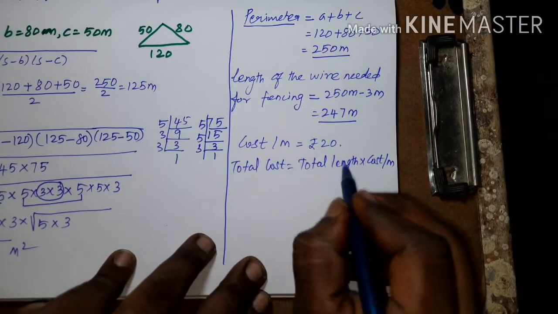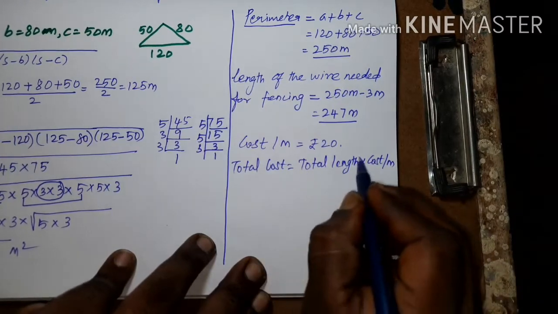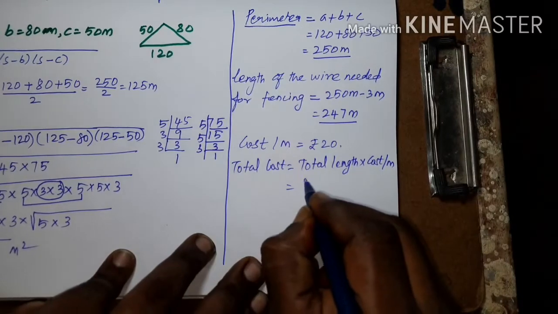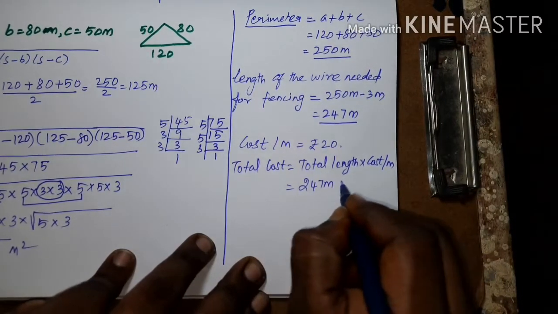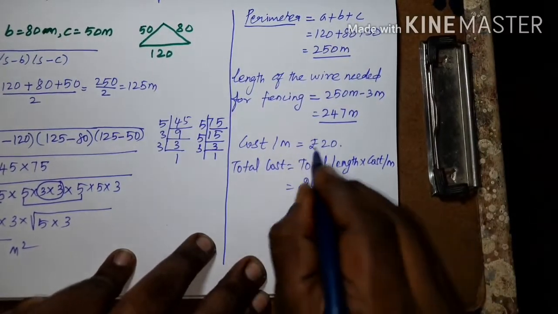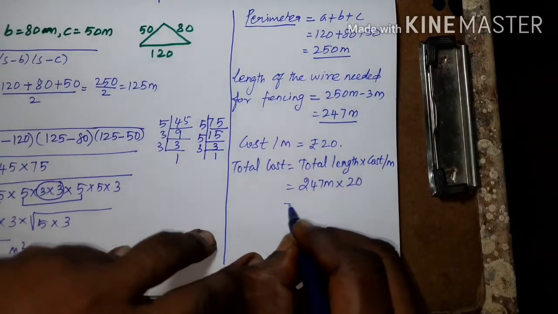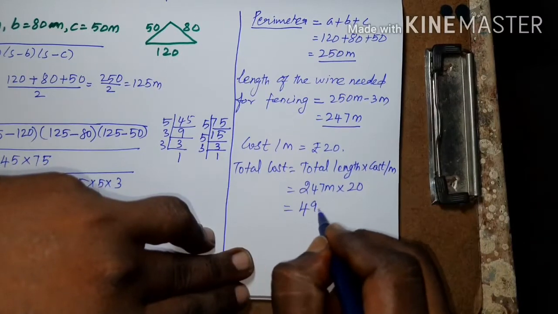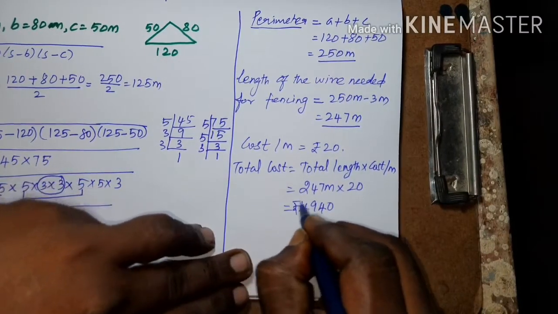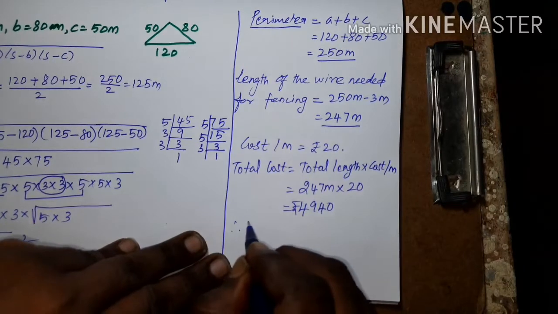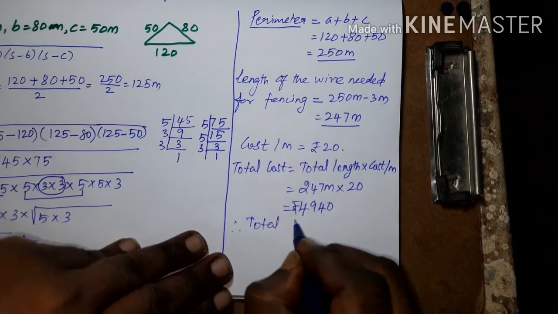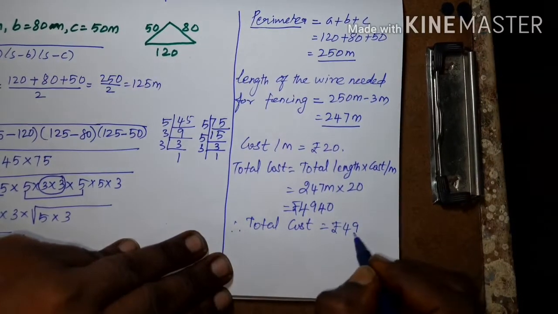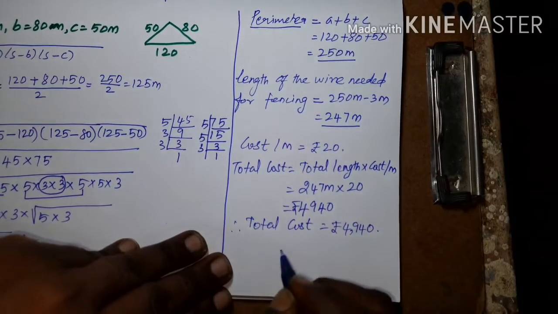If we need to find the cost of total area, instead of length we are going to use that area. That's it. So the total length value is 247 meter, and the cost per meter of wire is 20 rupees. If I multiply these two values, I will get the answer is equal to 4,940 rupees, and this is called the total cost. So therefore our required total cost is equal to rupees 4,940, and this is the solution. Yes.